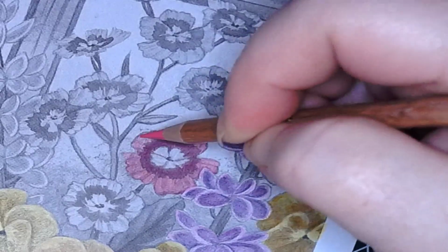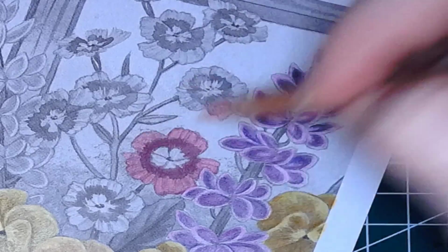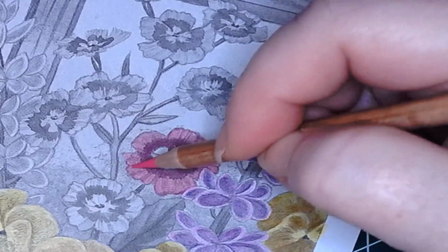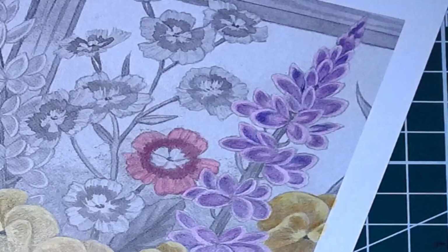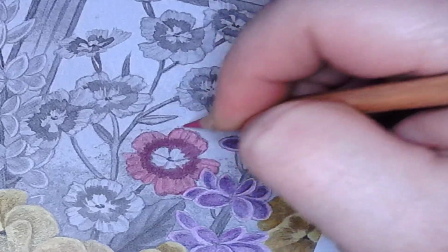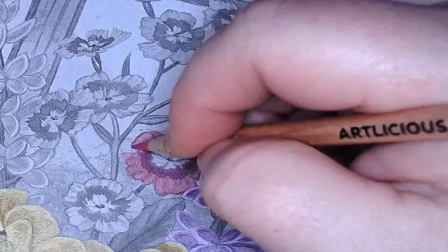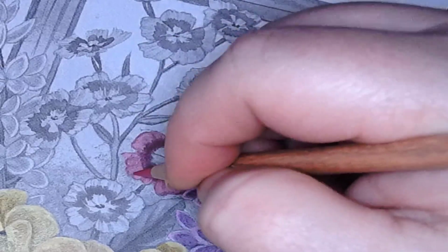But if you look at a grayscale with, oh, I just need to use one color, the shadows are already there, it tends to look a little bit flatter, as I showed you on that flower there. But if you build up your colors and work that way, you end up with the ability to see where each of those lines are, where each of those bends in the plant is. And it just makes it look so much more realistic. Looks like it's climbing out of the page on you,